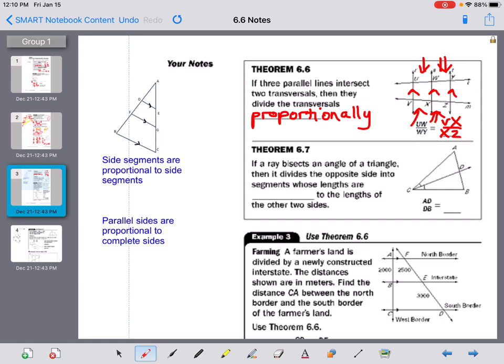Okay, for the next theorem, if a ray bisects an angle of a triangle, and this is super important to know. We talked about these back in chapter 5, angle bisectors. So my angle is split equally. That does not mean that these portions down here are split equally, because the angle bisector is different than the median. So don't think just because the angle's cut in half that the sides are cut in half. They are not, but what they are is proportional. So if a ray bisects an angle of a triangle, it divides the opposite side into segments whose lengths are proportional